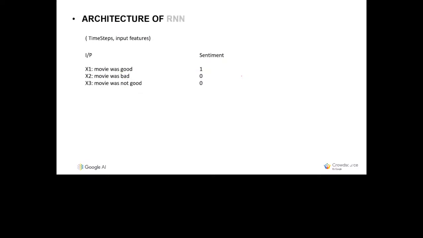So this is the architecture that I was talking about, right? So in this architecture,